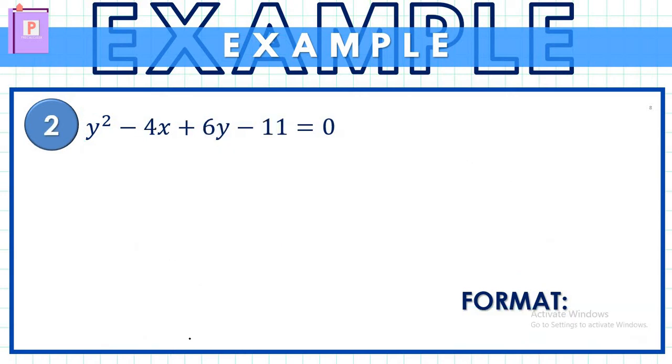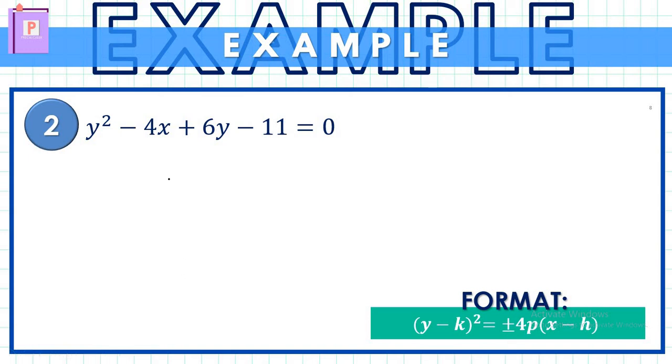Moving on to the next one, it's again another general form. And if you notice, y again is the variable that is squared. So technically, it can either be a parabola that opens to the left or to the right. So similar to the previous example, we start by grouping the terms with the variable that is being squared. So since y is squared, we need to identify a term with the same variable, which is 6y. So let's rearrange the equation in such a way that the y's will be beside each other. So we have y squared plus 6y,